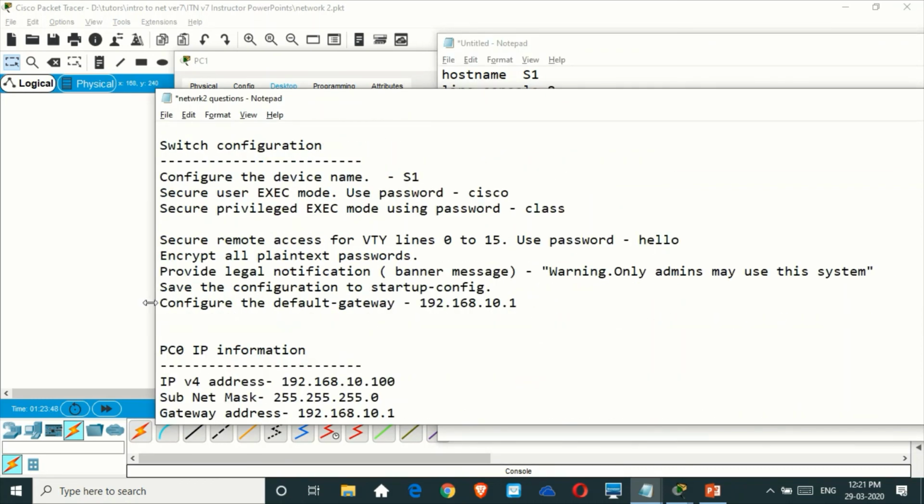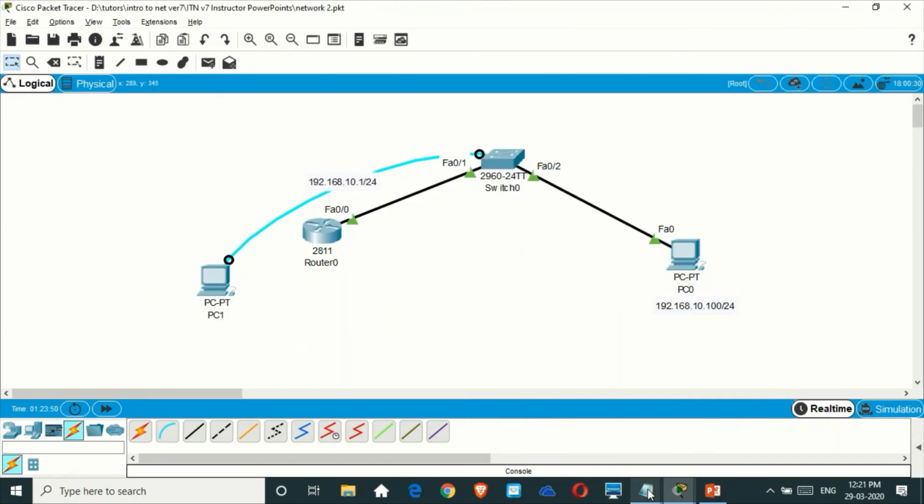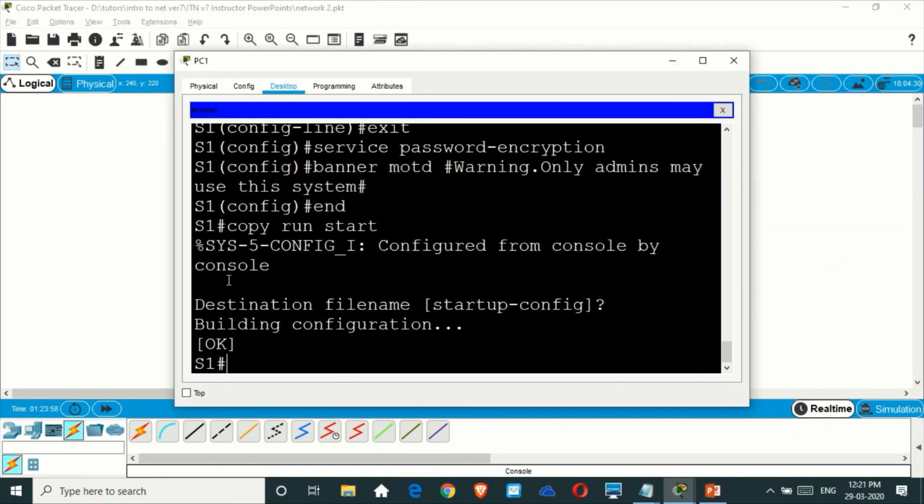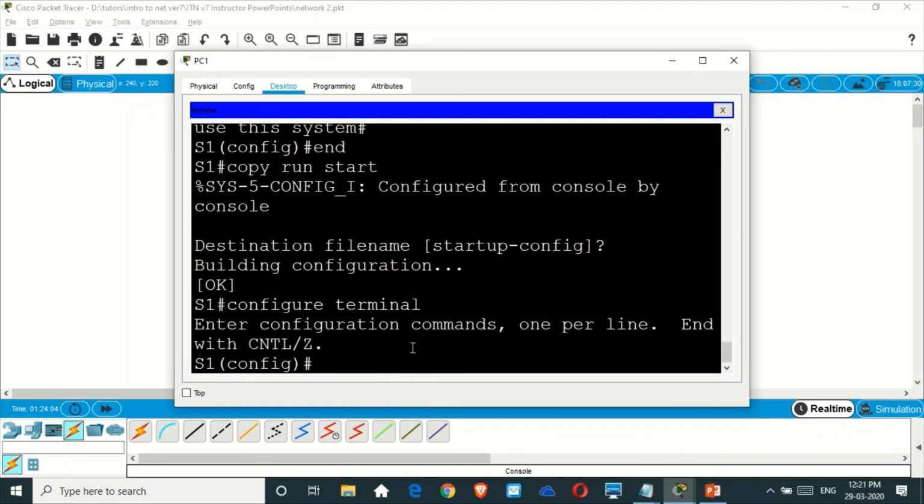Only one thing is left for the switch configuration: to configure the default gateway, which is 192.168.10.1. So I'll go here again. We have to configure terminal, and once that is done, you can give the IP default gateway. And what is the default gateway?